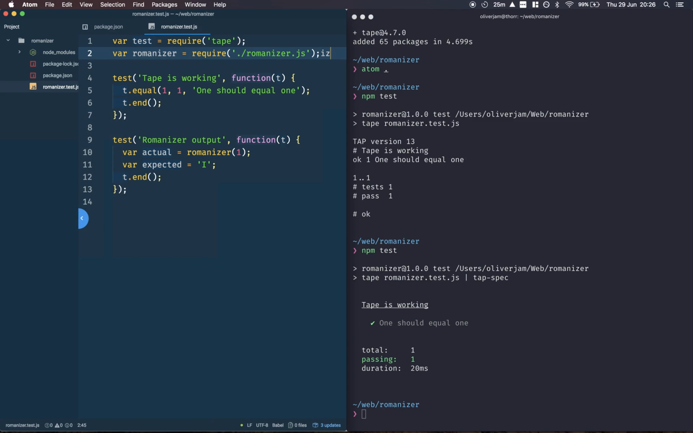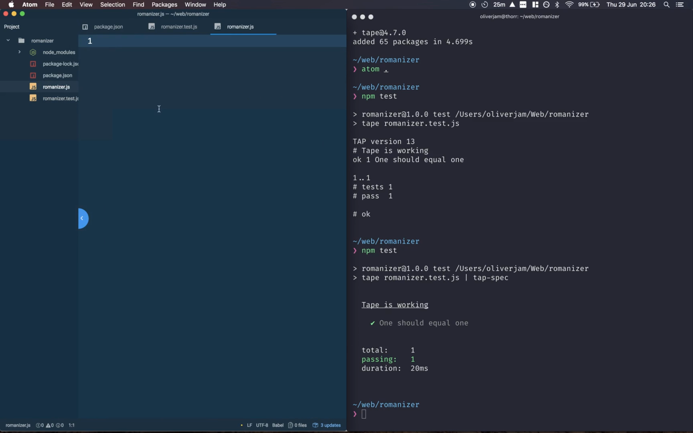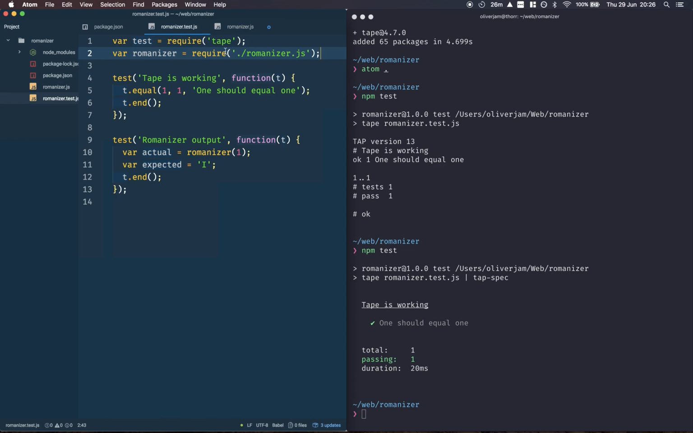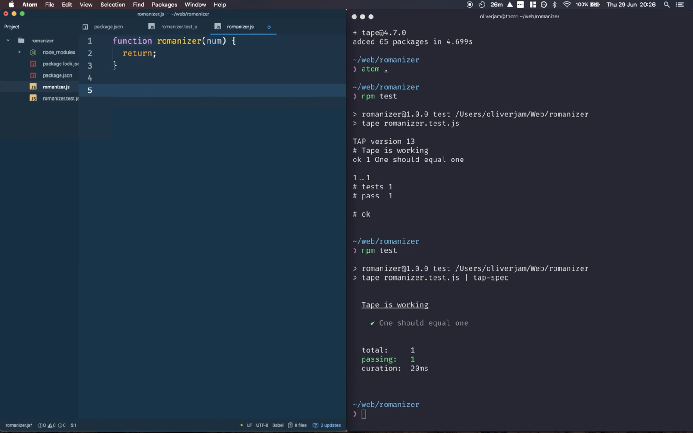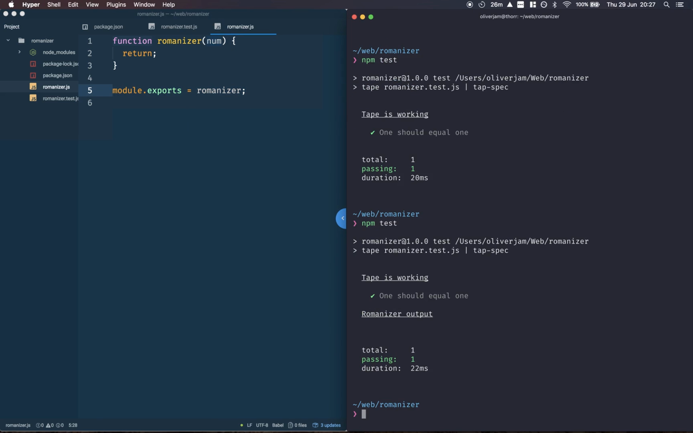So Romanizer.js. And in here we'll need a function called Romanizer that takes in a number, and for now it's not going to do anything. And then in order for our test file to be able to import it, we have to export it here. So for that we use module.exports and set that equal to the Romanizer function. And now hopefully when we run our test,